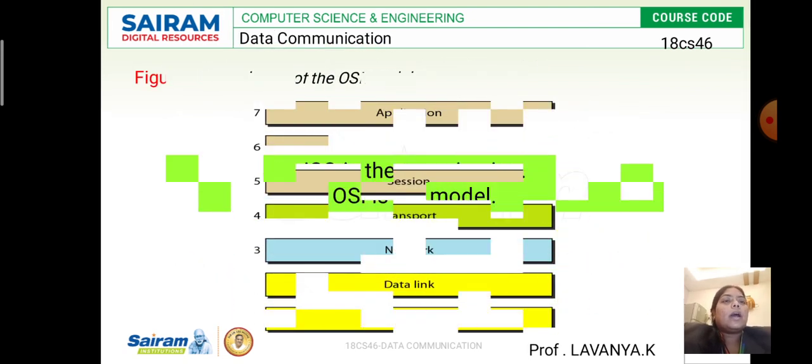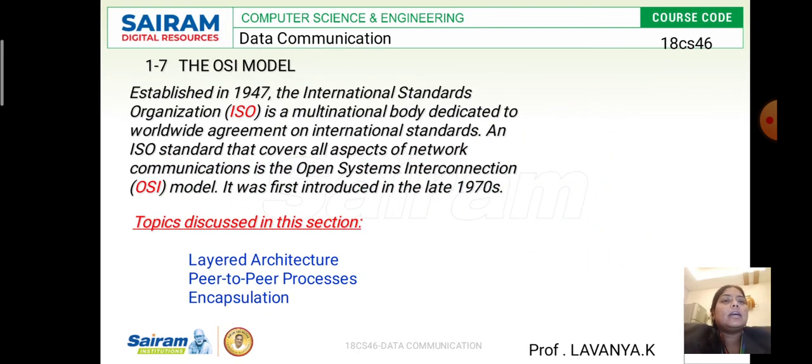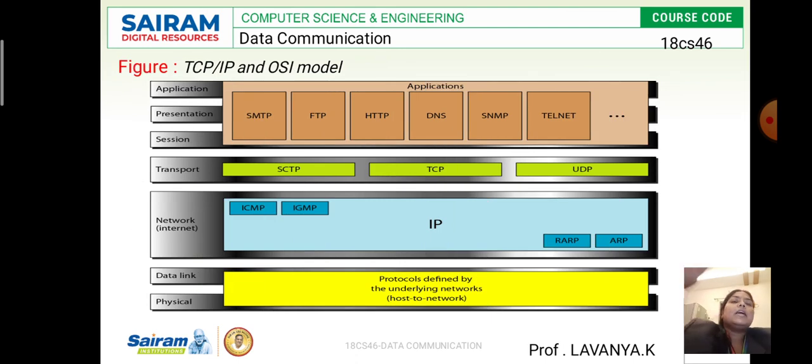Now, these are the different layers, and they do different tasks and responsibilities. In between, the data does not transfer directly, so they use different protocols. With the help of protocols or interfaces, they can easily transfer the data from one to the other. So we will see what those protocols are.